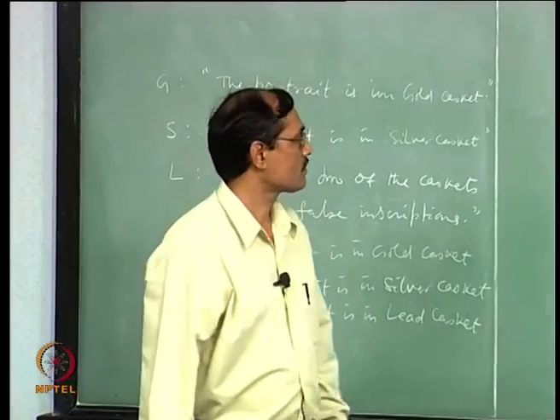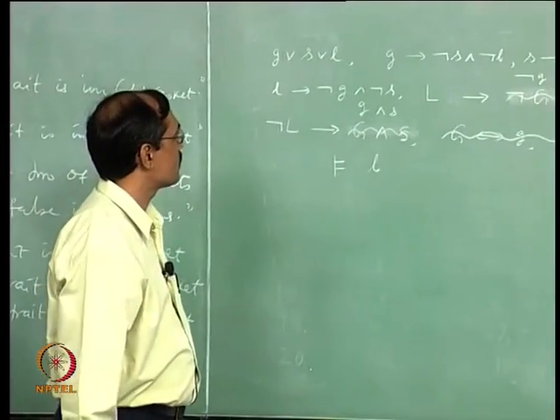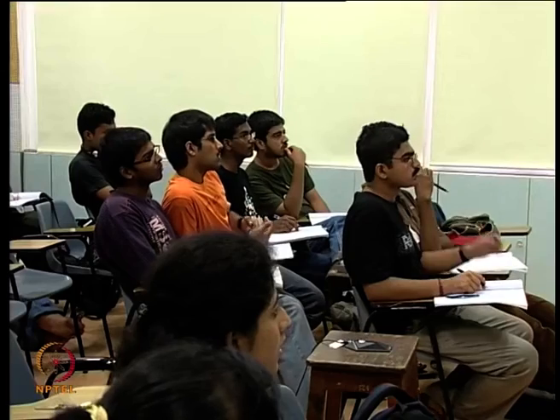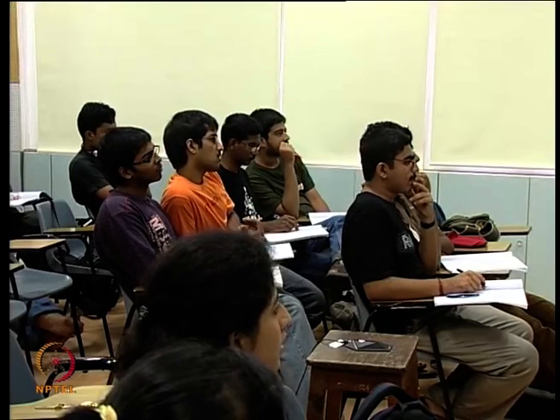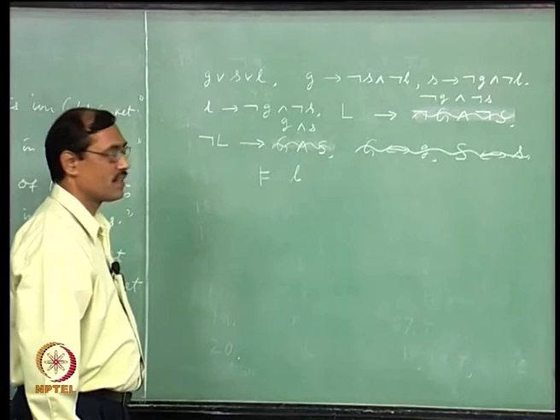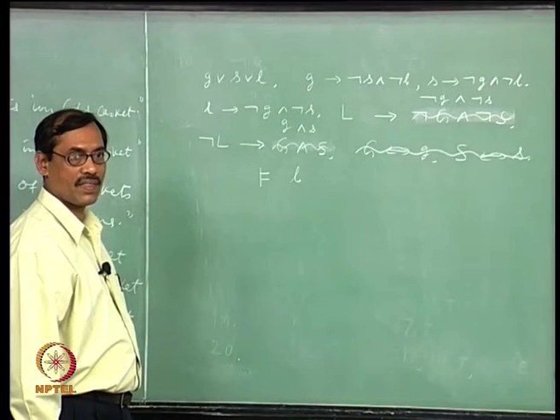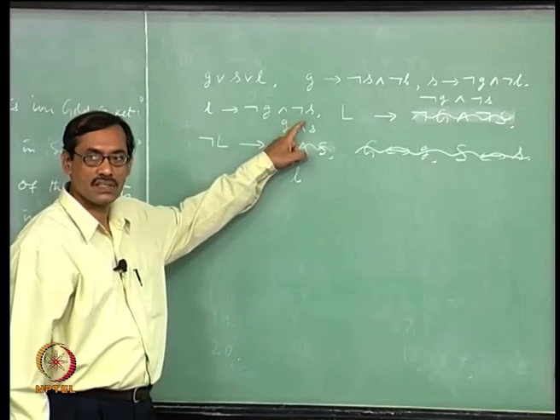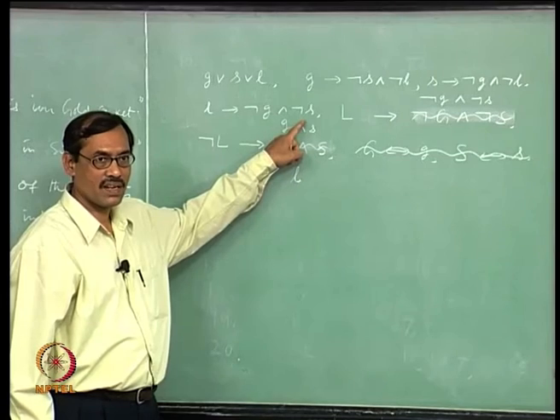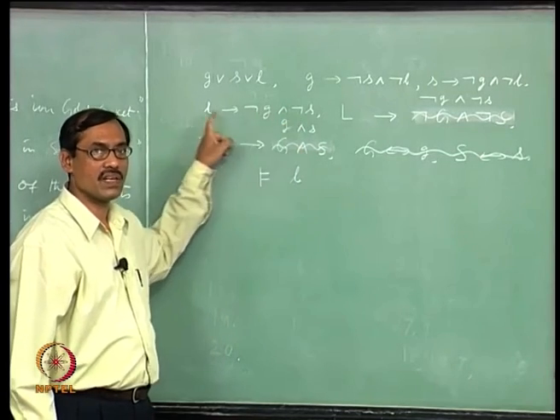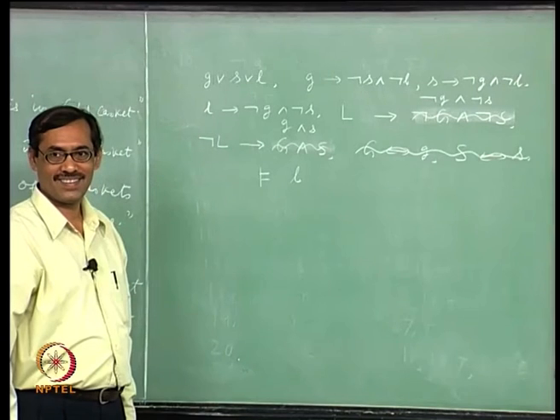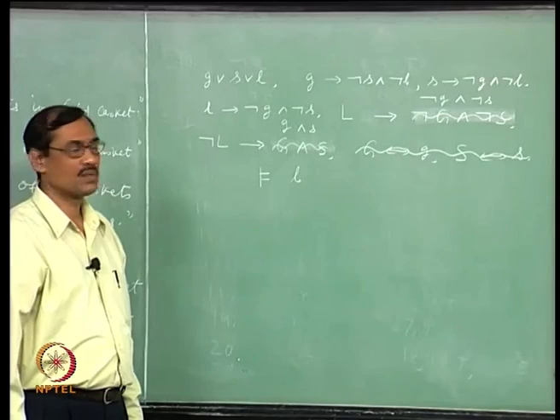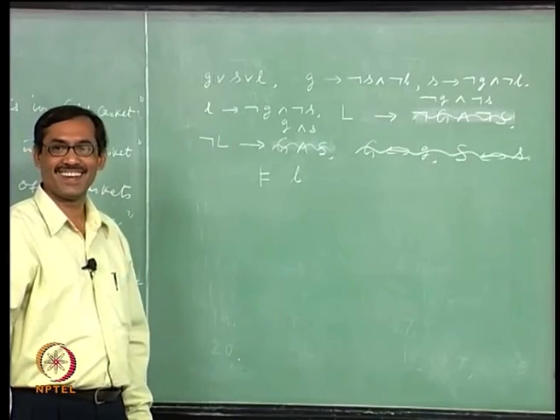G or S will give L. Small G or small S will give small L, from this place. So either G or S. Can you get G or S? But G or S, see this is not of G or S, De Morgan. So, if you say G or S, then it will say not L, right, by contraposition. So, you have to see that that does not happen, right.